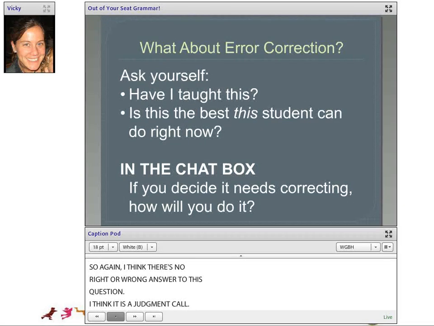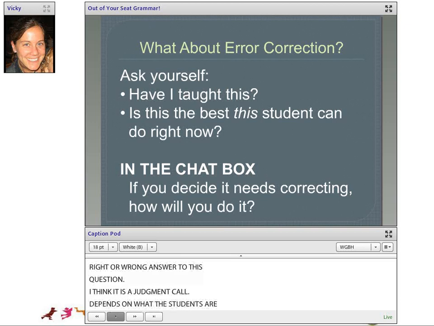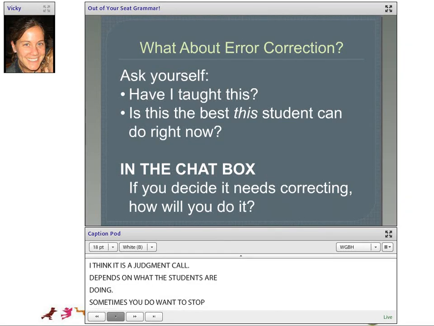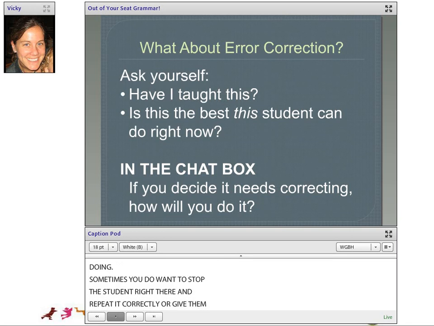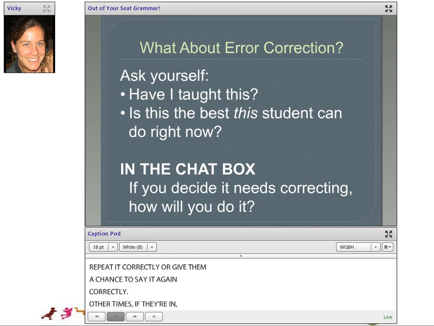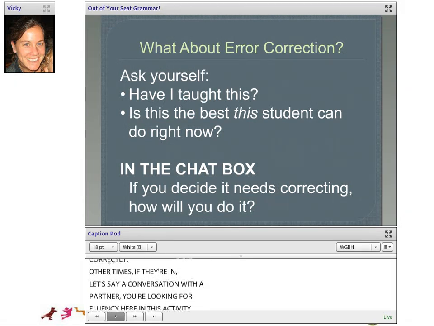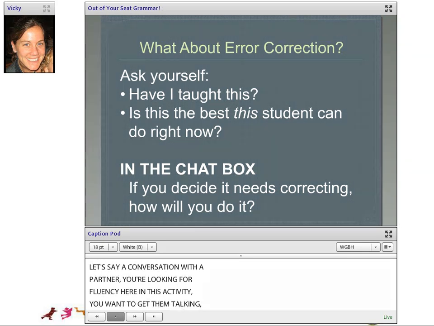Sometimes you do want to stop the student right there and repeat it correctly or give them a chance to say it again correctly. Other times, if they're in, let's say, a conversation with a partner, you're really looking for fluency in this activity. You really just want to get them talking. You don't necessarily want to stop them every 30 seconds to make a correction. In that case, you might just remember it, write it down later on the board for everyone to repeat, or